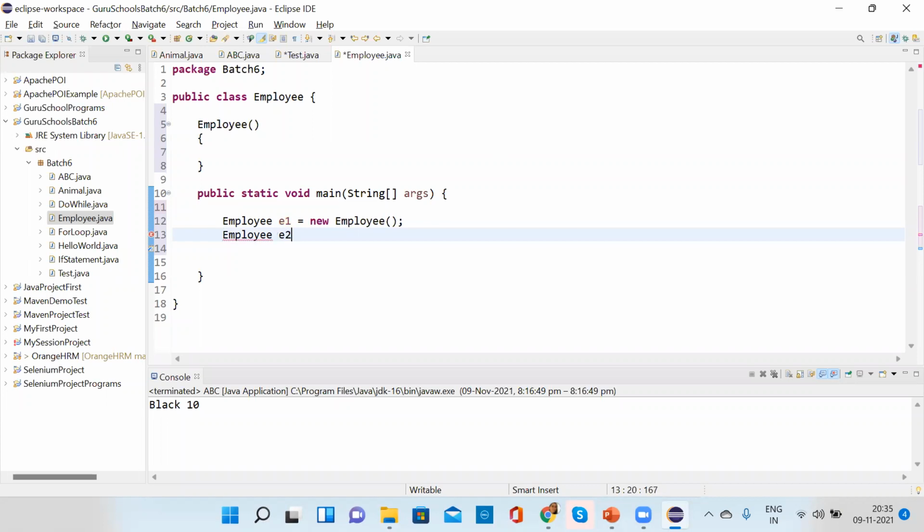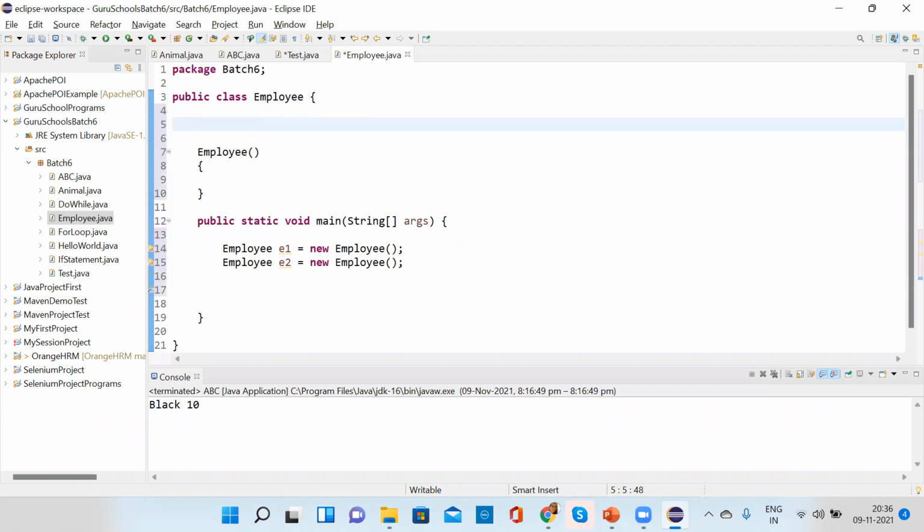Now I have to pass the values here. The instance variables I have to write, a string as name and an integer as employee ID. Am I audible, everyone?